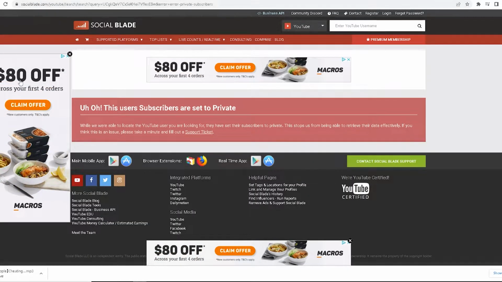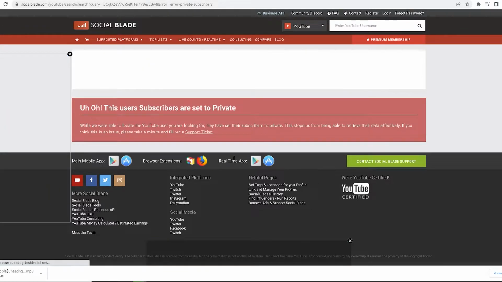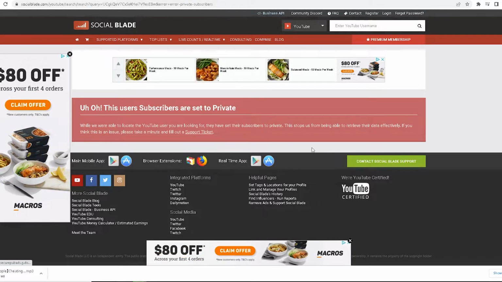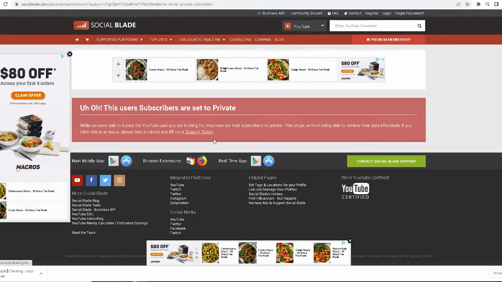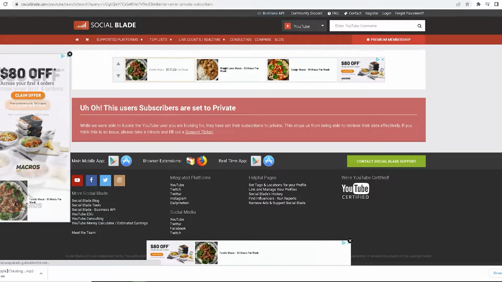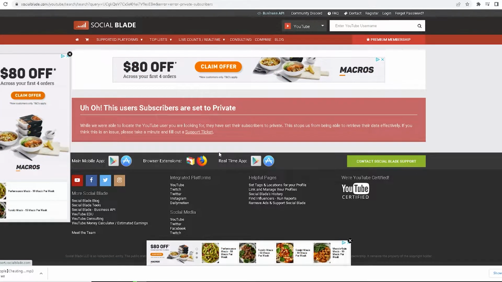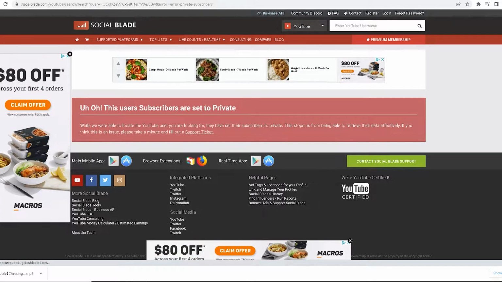And I was going to show you the CPM, RPM, but they are hiding it and set to private, so I can't show you exactly. Even if I did show you, it wouldn't say the exact monthly revenue. It would go based off the RPM, CPM, like a $3 RPM, but it's more than that. I know that because it's in the same sort of niche in a channel that I've made before.